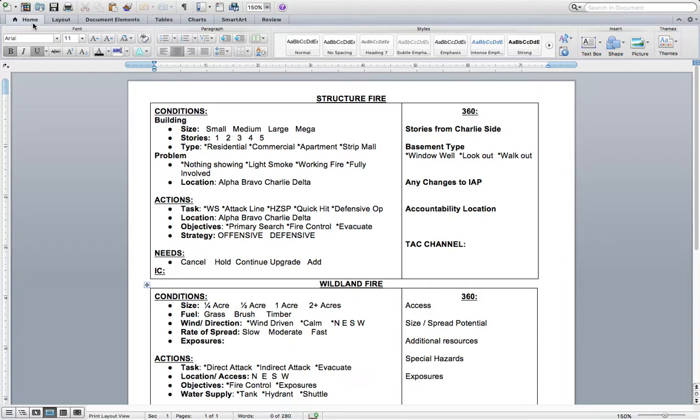This video is going to give you an idea on how to do well with your tactical scenario. This is typically only on company officer and above tests, so if you're doing that test, this can be helpful. If it's any other position, it still might be good to know. There are times in a firefighter test you might be expected to. Possibly for engineer, this is definitely a good thing for an engineer test, but most likely it's most applicable towards